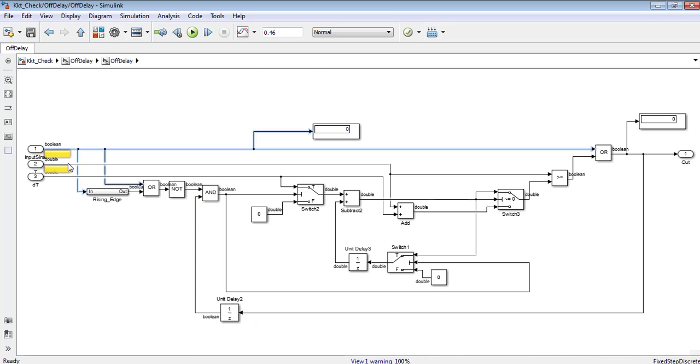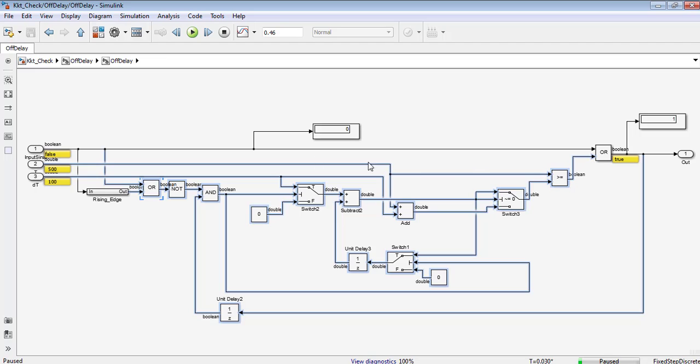Input signal, delay time, change in time, and this is the output. If we check this time instance, now the input is 0, this is 500 and this is 100. This particular implementation is for the timer implementation. So when the input is 0, the output is 0. The input becomes true, the output becomes true, and at the next time instance the input becomes 0 and here it becomes 1.